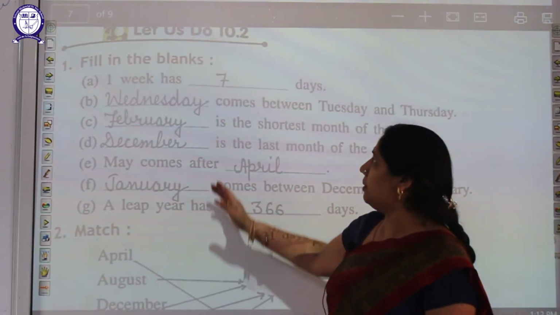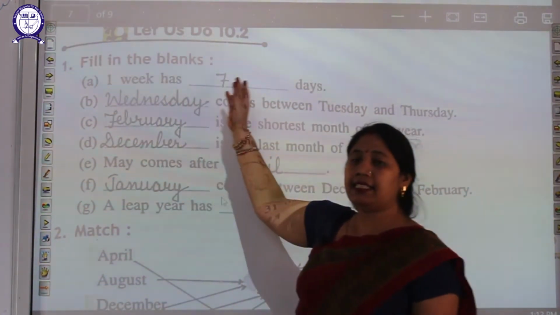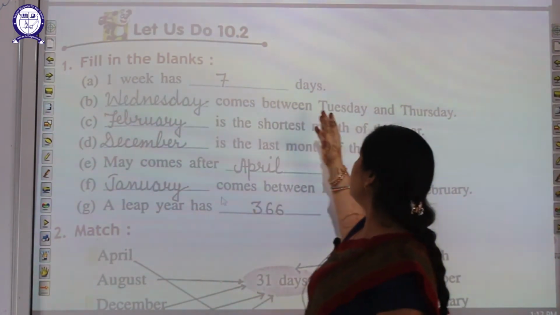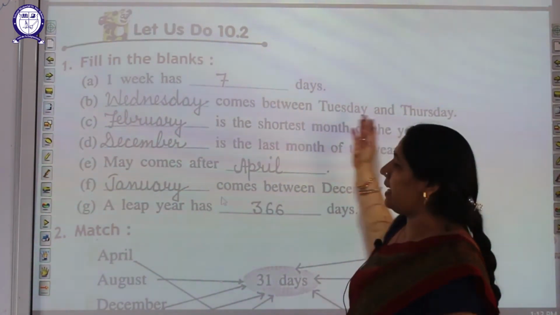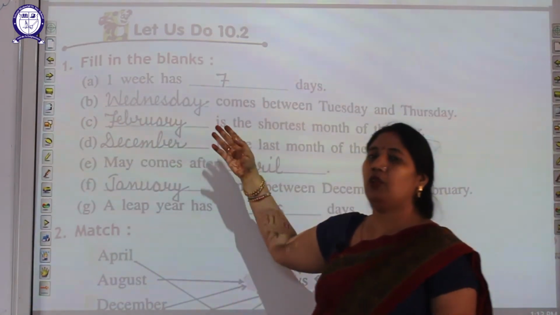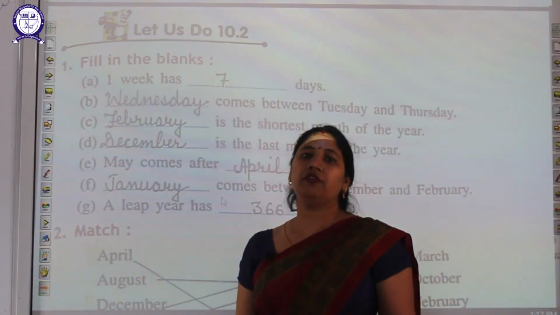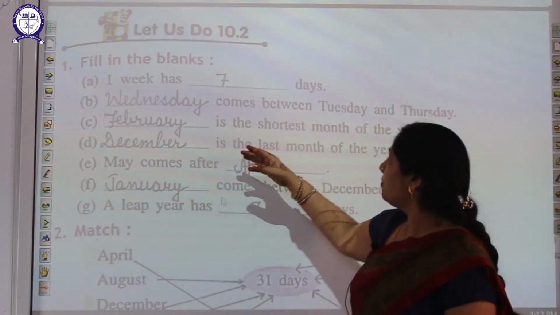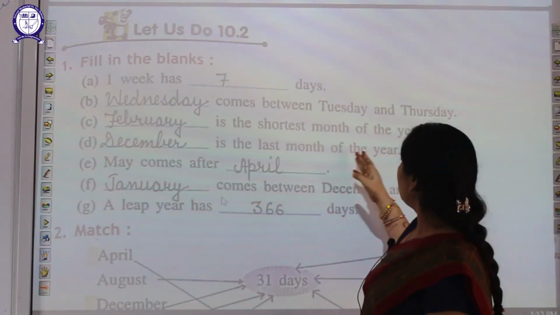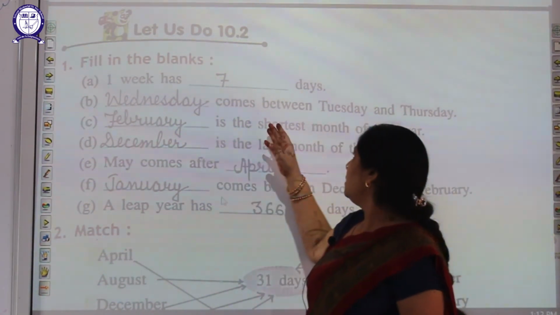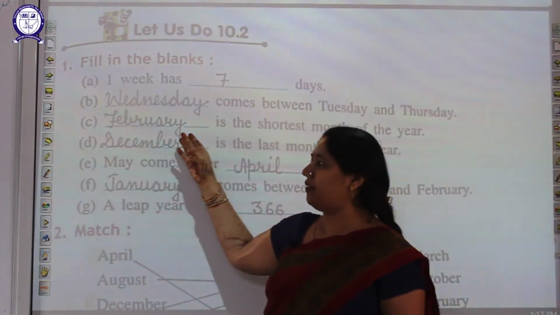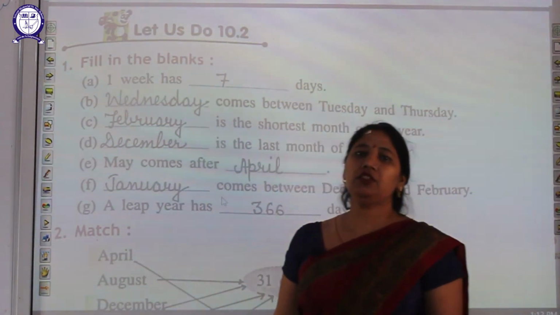Let's do the next exercise. 1 week has 7 days. Dash comes between Tuesday and Thursday. Wednesday. You have to learn the spelling of the days of the week and the months of the year. Dash is the last month of the year, December. The shortest month of the year is February, because February has